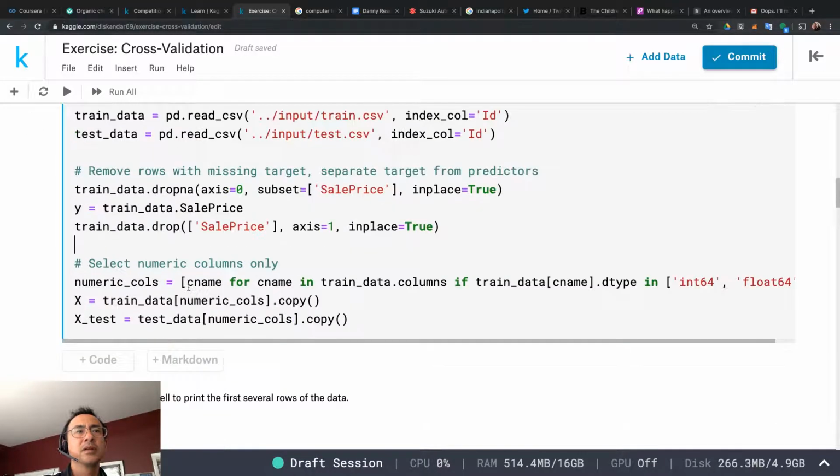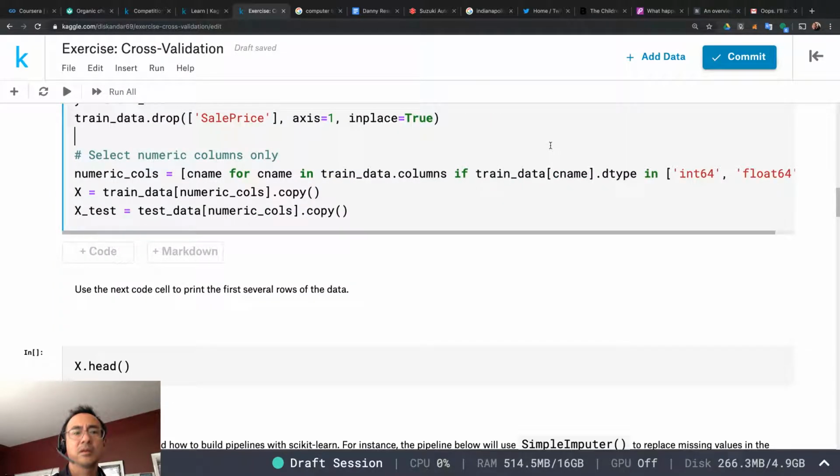And then over here select numeric columns only. So we just do it like this: X train data numeric columns, X test numeric columns. We're gonna run this one,